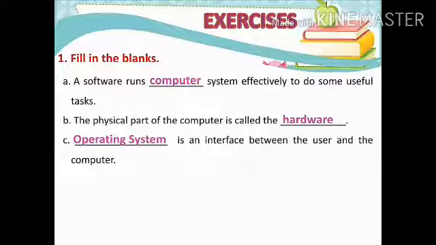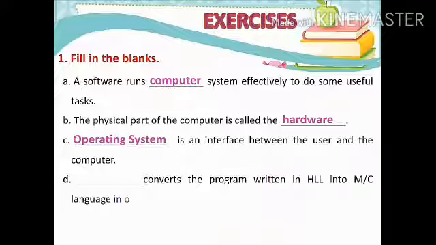Then, the next one, dash converts the program written in high-level language into machine language in one go. Which translator helps the program to convert high level to machine language in one go? Yes, that is the compiler.